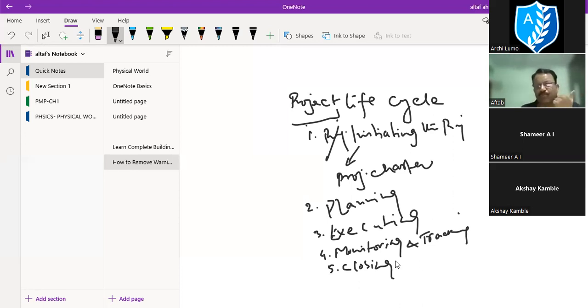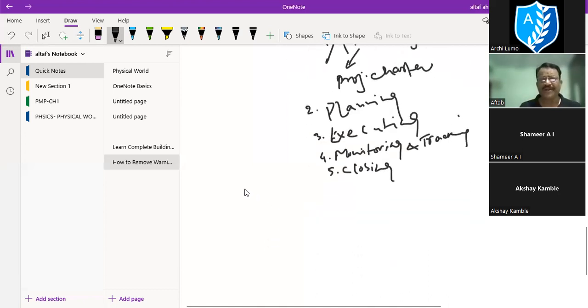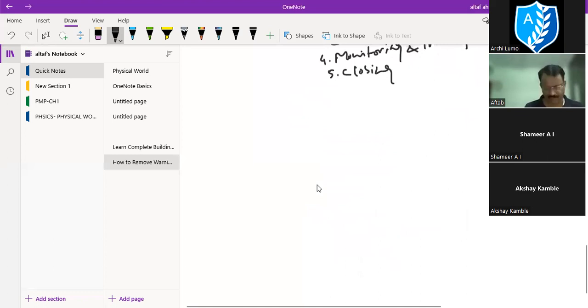building a structure, airport, roads, bridges, whatever is there, the project life cycle consists of only these 5 items, 5 elements, 5 stages into any project. Now, what is project initiation? While we are initiating the project,